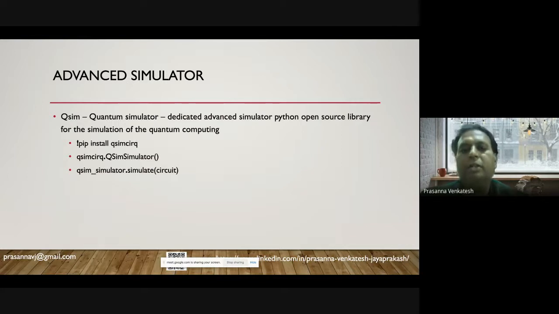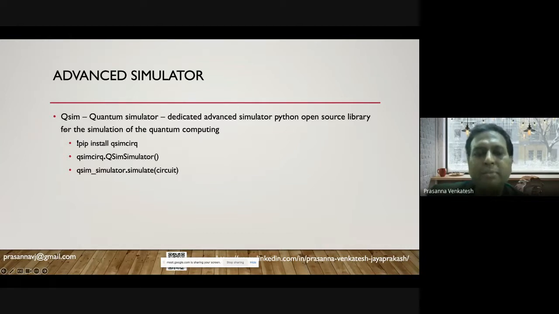There are some advanced simulators available, which are outside of Cirq as the actual framework. You can consider these simulators as custom simulators built for specific problem areas, and you can install and use them as part of your programming execution for your quantum computers.